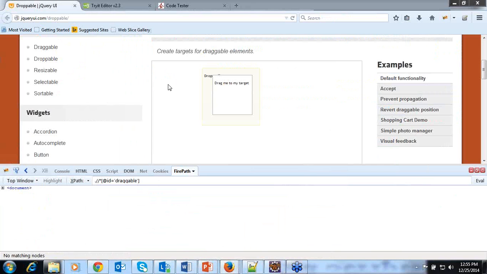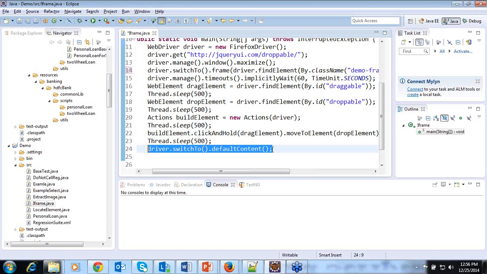So if you have switched from the main page to the frame, and if you forget to switch back from the frame to the main window, it will not be able to identify them further. If you want to click on resizable after dragging and dropping, it will not be identified if you don't switch back from the frame to the main page.